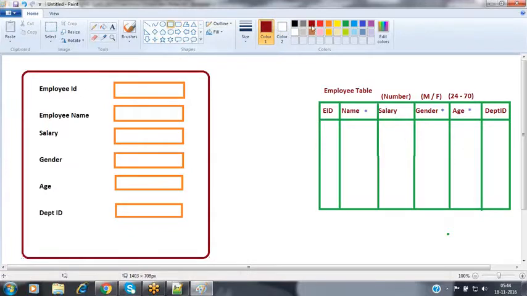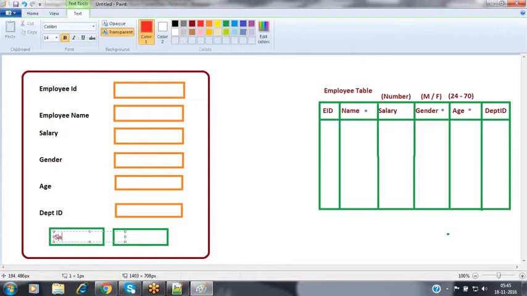Inside that user interface, I'm placing two button controls, which the user can use in order to insert the record and in order to cancel that operation. For that, I am providing two button controls inside this. One is the save button and the second one is the cancel button. So these are the two buttons I'm placing inside my user interface.